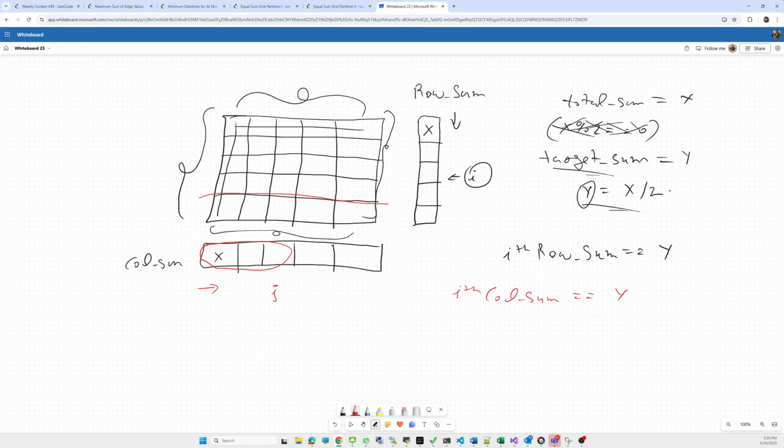If it is equivalent to y, then we return true. In the end, if we did not find any cut, either vertical or horizontal, then we return false.